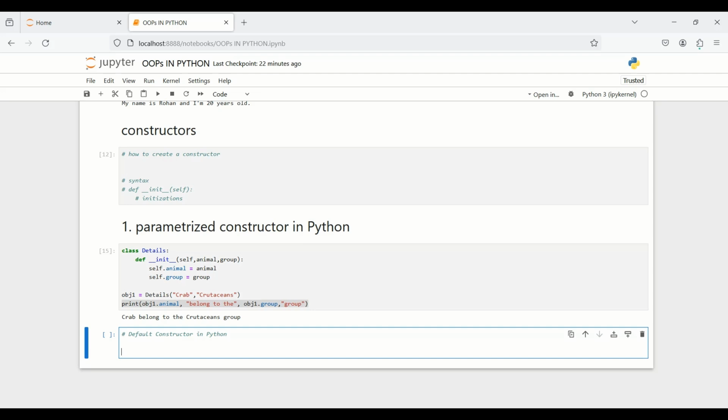So what is default constructor? When the constructor does not accept any arguments from the object and has only one argument, self, in the constructor, it is known as default constructor. For example,